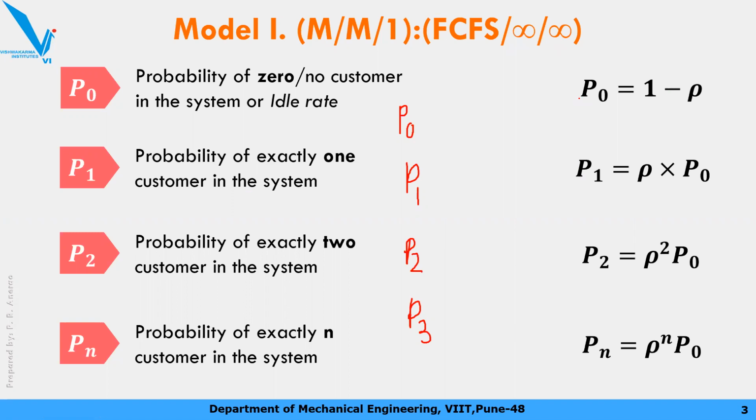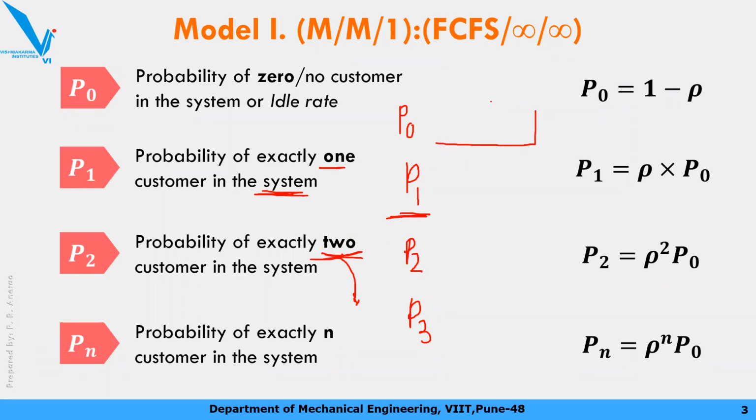See the question, listen to the question again. You have been asked to calculate the probability of having exactly one customer in the queue, not in the system. When you calculate P1, that means the probability of one customer in the system. If he is in the system, only one person has come to the shop and he will directly get served. He will directly go and sit at the table, he is no longer in the queue. When will a queue form? When two or more persons are in the system. But what we have been asked to calculate is only one person in the queue.